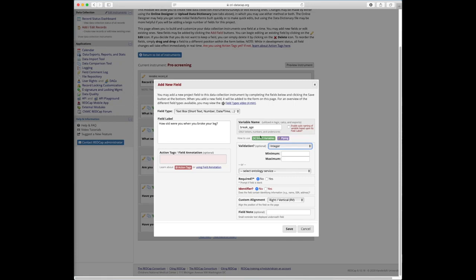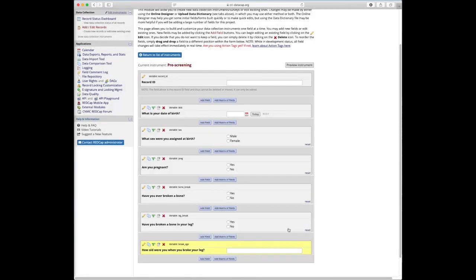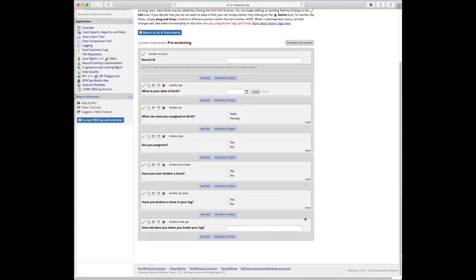For instance, without this validation, somebody could write TEN that they were 10 years old, or they might put in 10 that they were 10. That's just going to require a little bit more work to analyze down the road. So by using these validations, like an integer prompt here, that'll make sure your data is a little bit cleaner. If somebody were to try to write TEN, they would be prompted and told, we're expecting an integer here, please enter an integer. Okay,